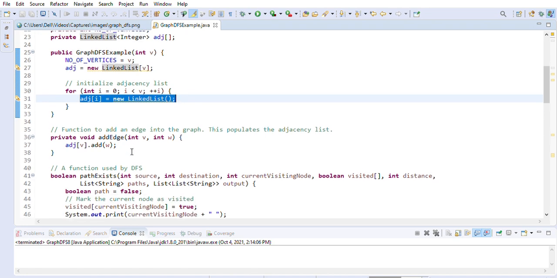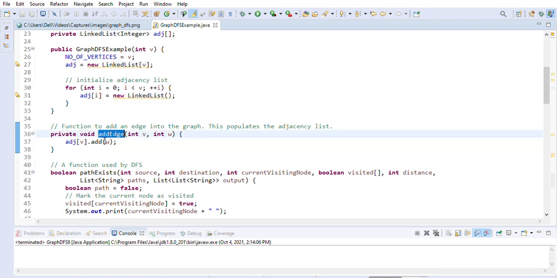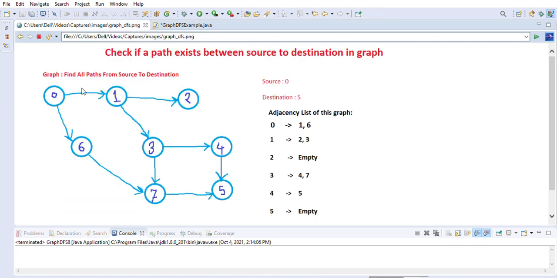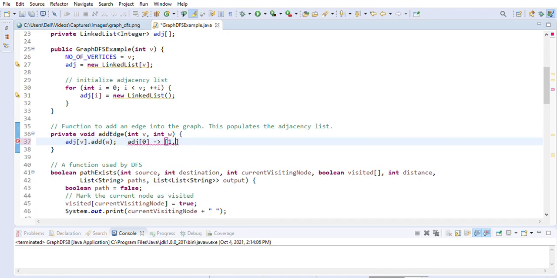and initialize each with an empty linked list, right? And whenever we are adding an edge into our graph, let's say 0 to 1, then we go to adjacency of 0, and we will add 1. So the list will have 1. For example, how it looks: adjacency of 0 will be a list, and the list will contain 1 basically. In this case, 0 will have 1 and 6, let's say, so the adjacency list will contain 1 comma 6. That's how the adjacency list works.